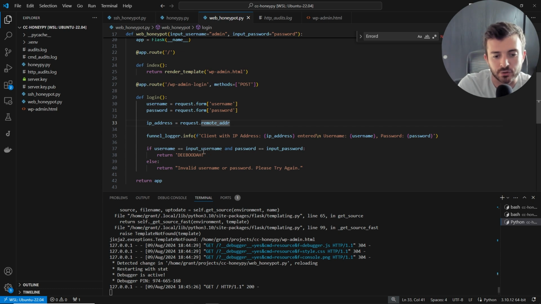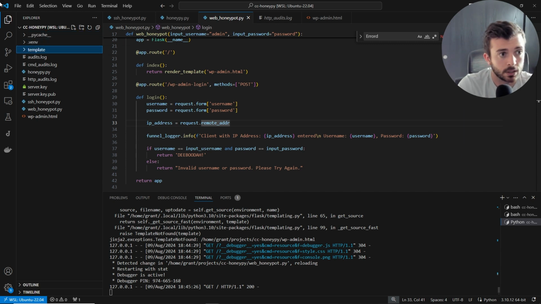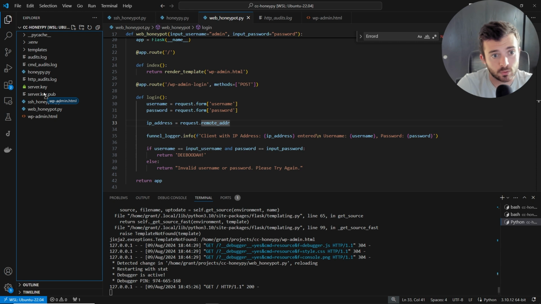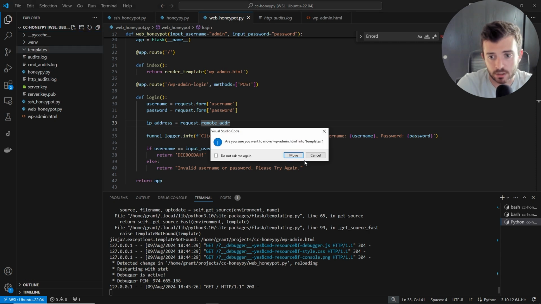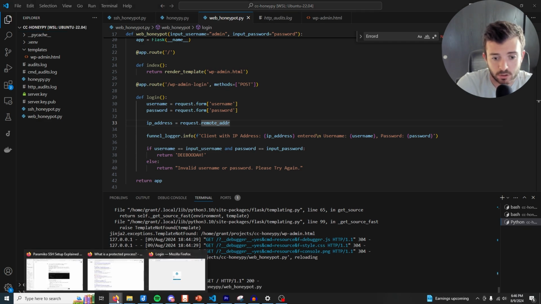Okay, so I found my issue here. I realized that right now we have the WP admin in the root tree directory, as I said you should, and that was my fault. Now that we have it in our root directory here with all the other files, we are going to create a new folder called templates, and then what we're going to do is drag and drop the WP admin HTML and click move. All right, so from here we can go ahead and click play to reprovision our updates,